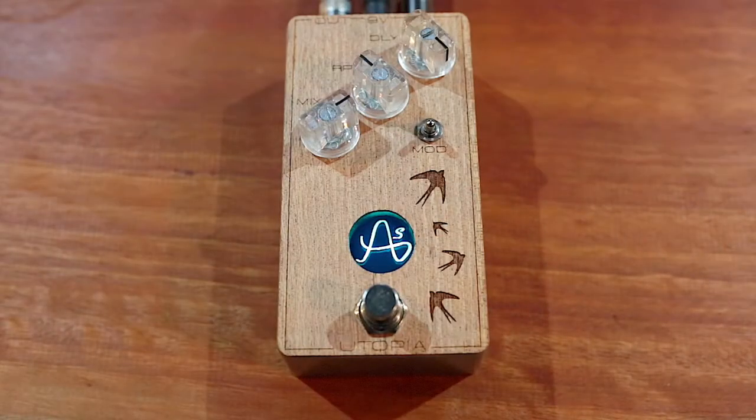It sounds great. I really dig it. I'm just going to leave the modulation on because it sounds so cool. Yeah. Do you want to have a fiddle? Sure. Do you want to flip it over and we can...